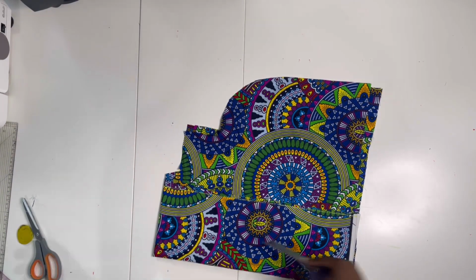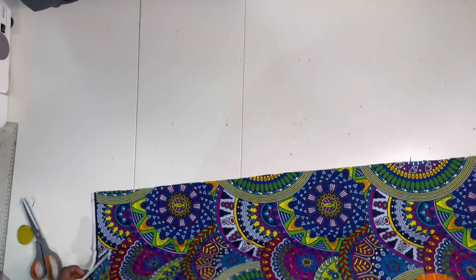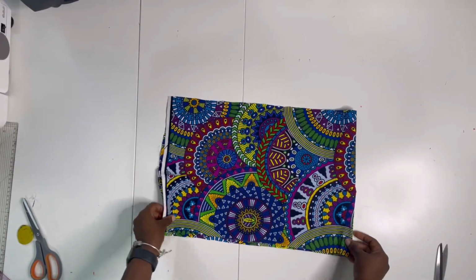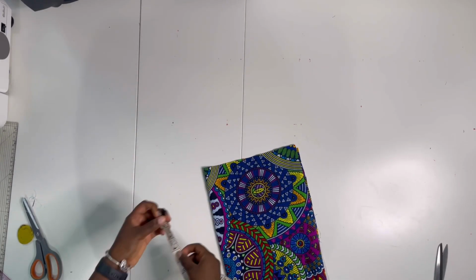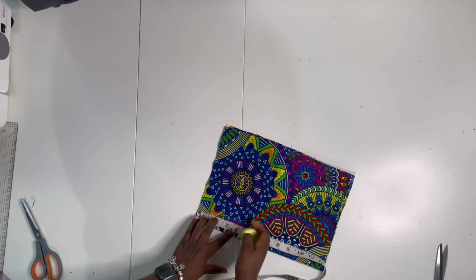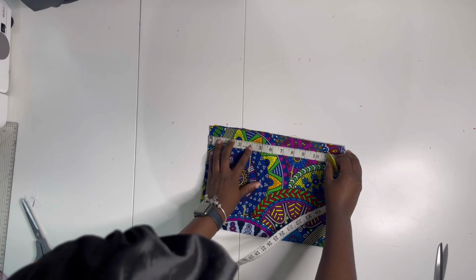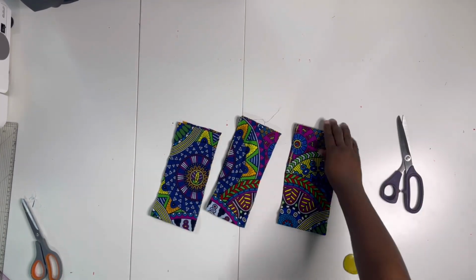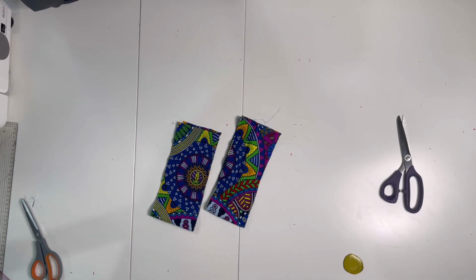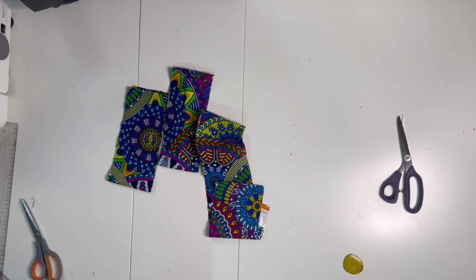So this is another point where my being miserly, or in my opinion being sustainable, catches up with me, because then I had to join my fabric pieces. But depending on what height you want your band to be, I recommend making sure that your band is not more than 5 inches when you're cutting it, so that when you fold it over, it's only about 1.5 inches. So go ahead and cut out your band pieces. As you can see, I've cut out my band pieces, and I cut them so that they are 4 inches wide, and then I cut out 3